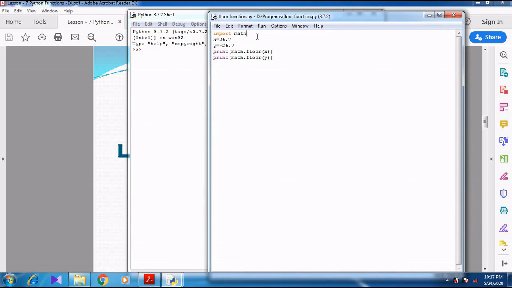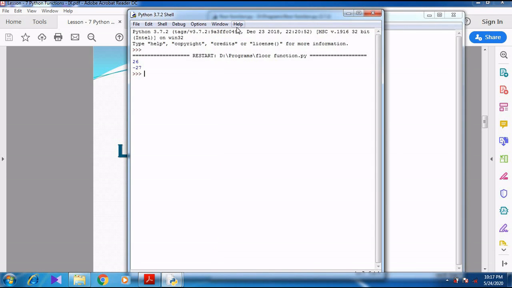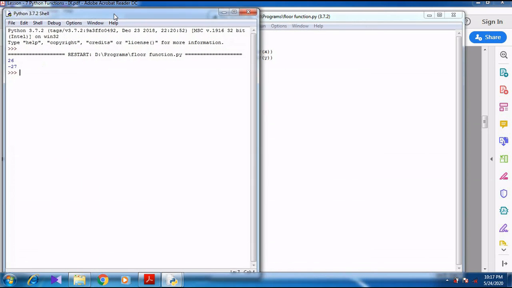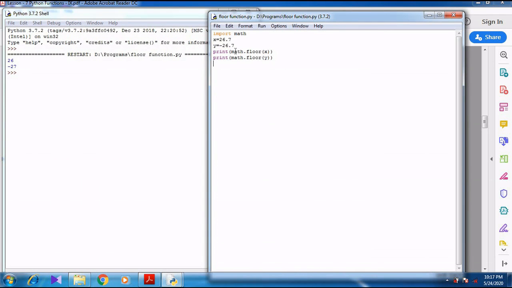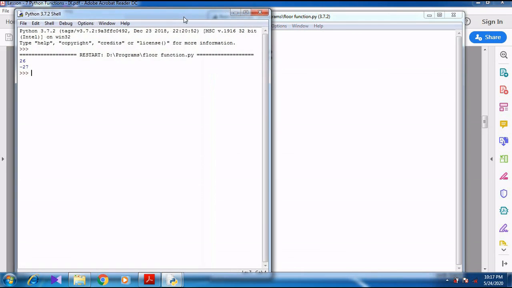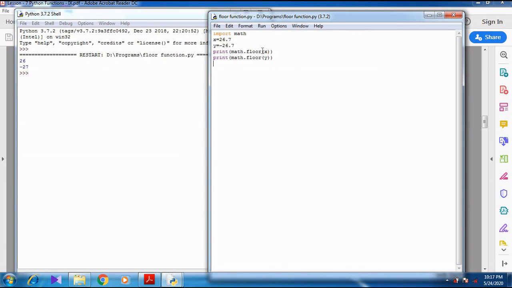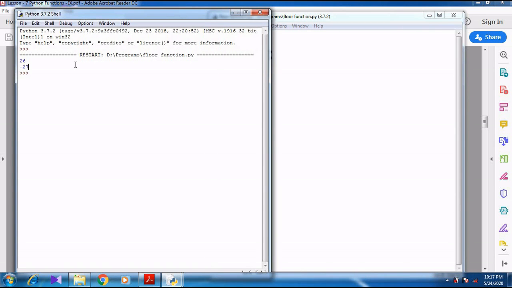This particular module should be imported in your program. 26.7 and minus 26.7. When I press F5, it shows 26 for the x value, and at the same time floor of y shows minus 27.